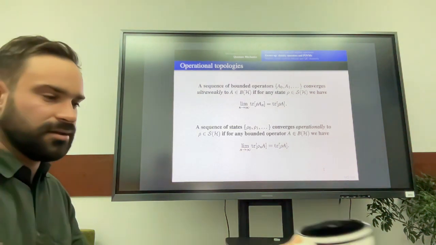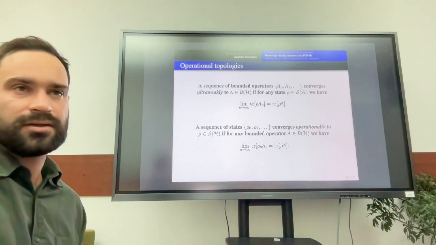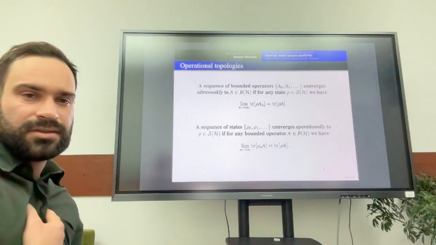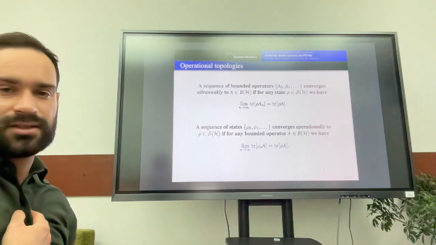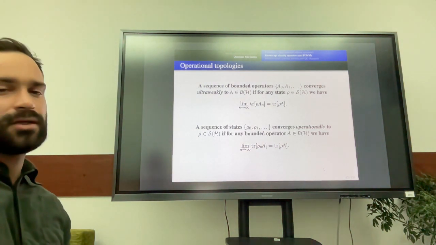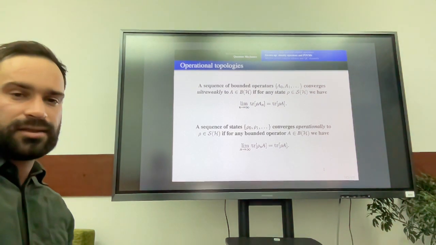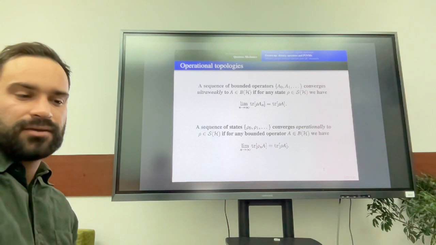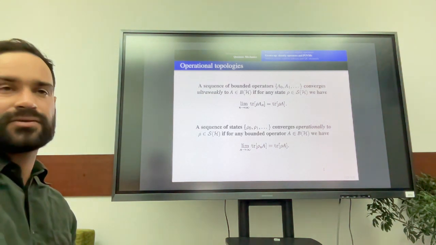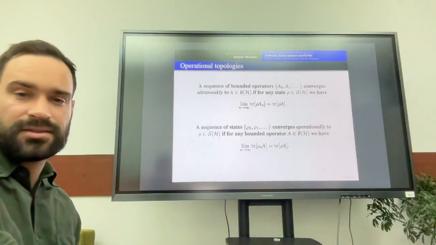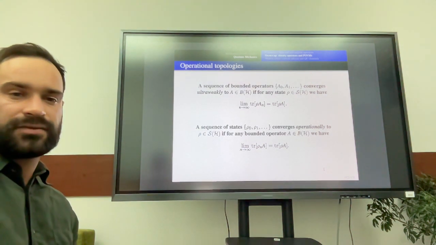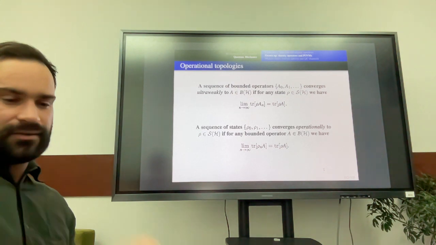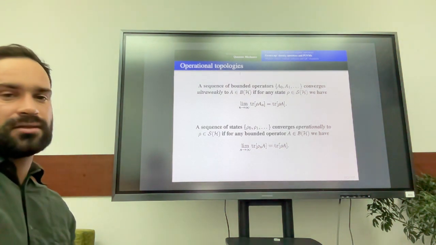And this is basically all I need to speak about the framework of quantum reference frames. There are different topologies that one can consider on the space of bounded operators. There are many of them, and they are related in complicated ways, but the only one I will need, besides the one that comes from the fact that B(H) is a Banach space that we talked about, is this sort of ultra-weak topology, which is defined by just saying the following. I call them operational topologies because